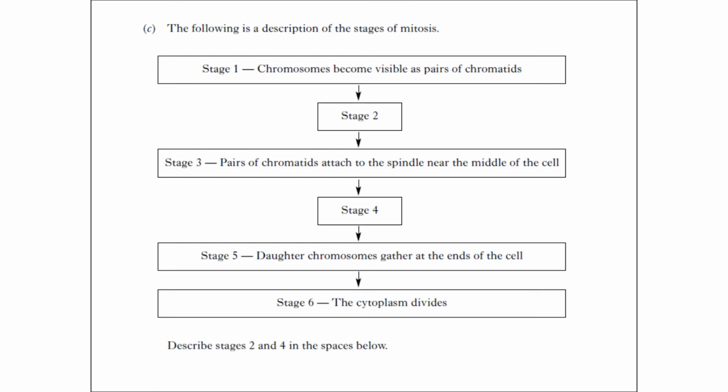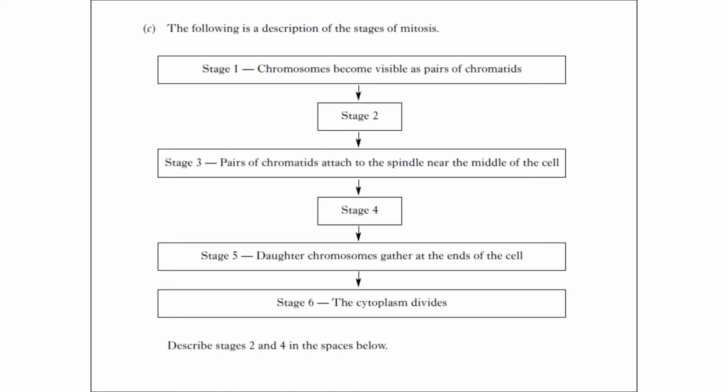So here, chromosomes become visible as pairs of chromatids, stage 1. Stage 3, pairs of chromatids attached to the spindle near the middle of the cell. Okay, so I've got to decide what happens in stage 2. So look at stage 1. I've got my chromosomes made up of my 2 identical chromatids, and then here I've got the spindles being